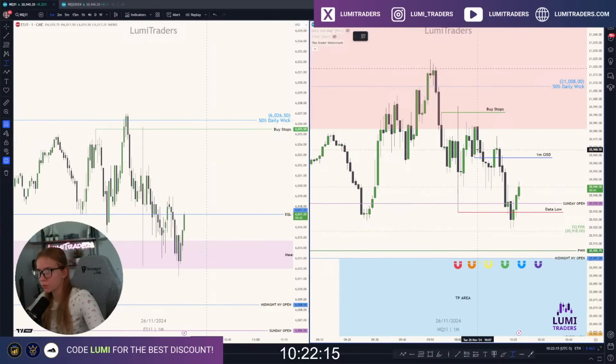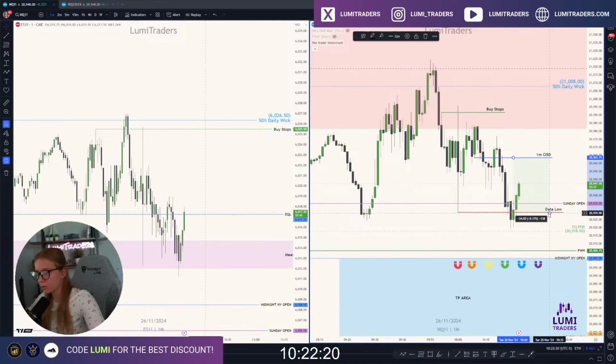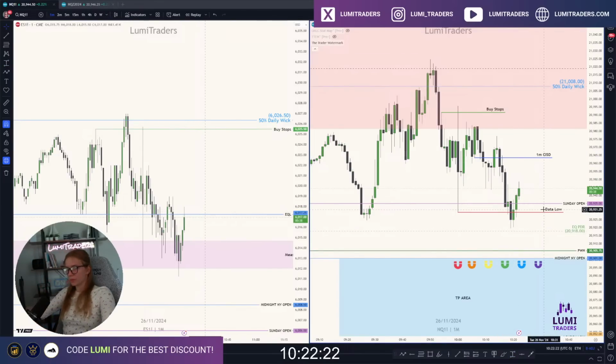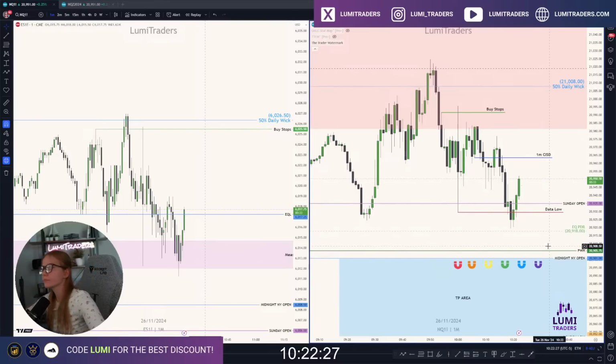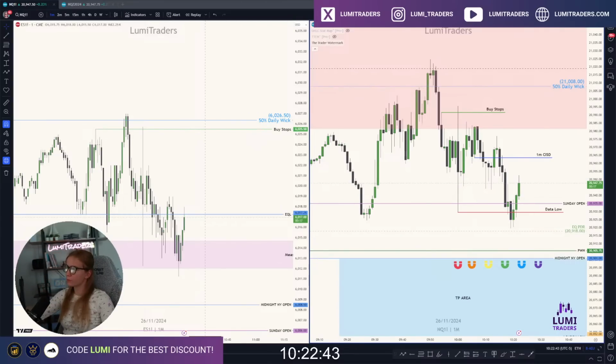How big a move, by the way, if I want to, for example, enter right here? It's just 30 points, not big. Not big enough. What time is it? We have 40 more. Unfortunately, I'm going to leave at 11 a.m. Will not be able to trade another sweep on the 1 hour chart.